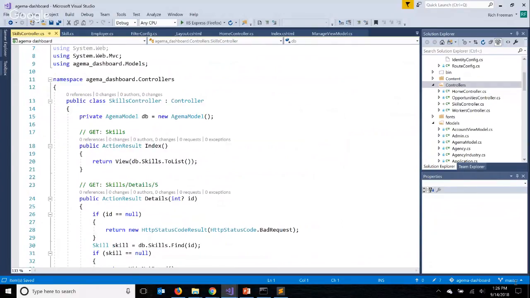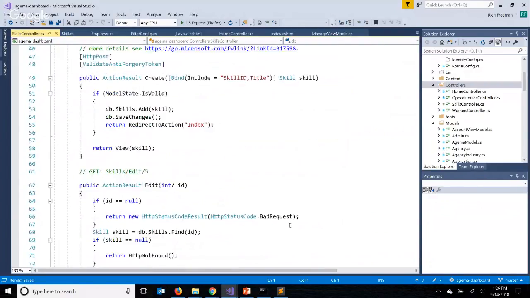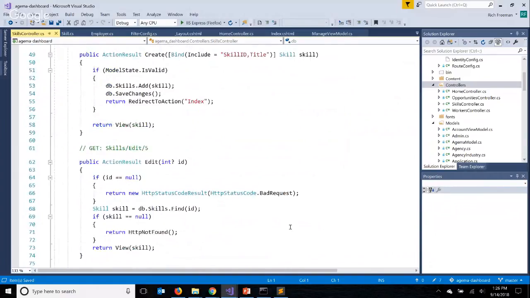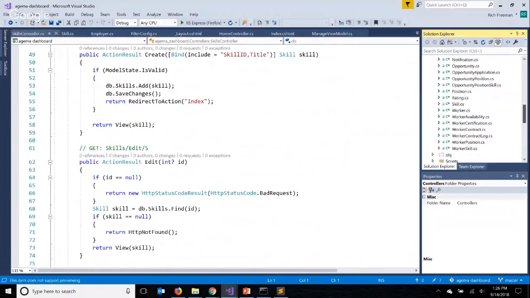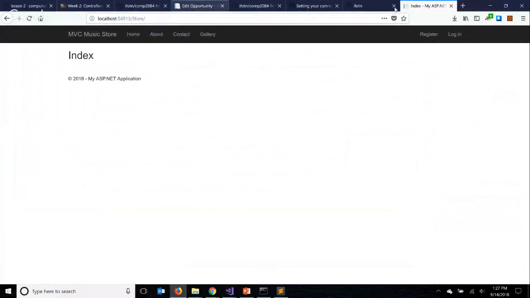Okay. So here's my controller. It writes an index, details, create, edit, delete methods for us. And in the views, it now creates a skills folder with create, delete, details, edit, and index views. And all of these are actually functional. So if I compile my site,